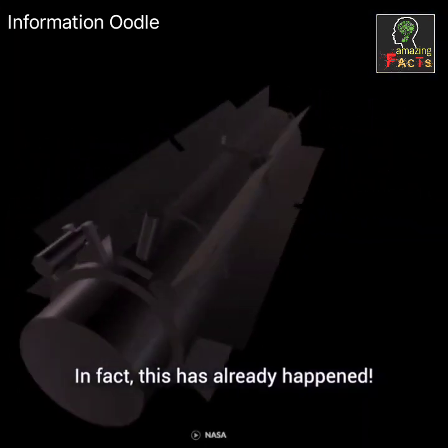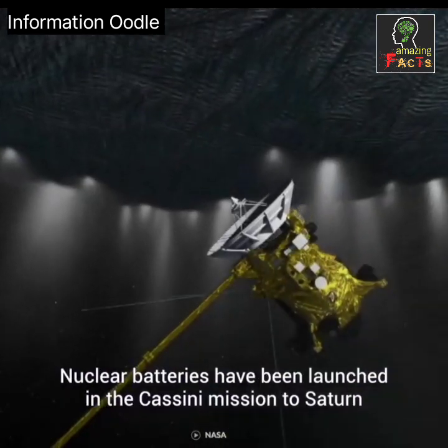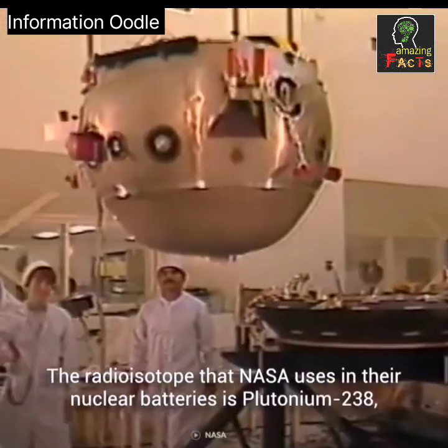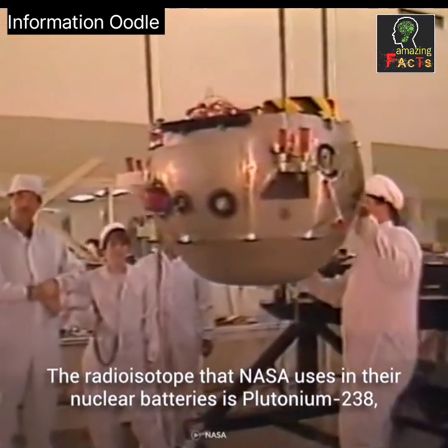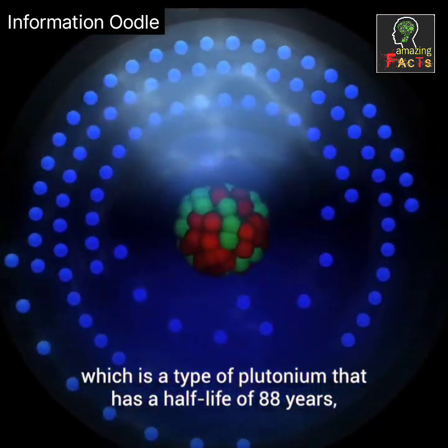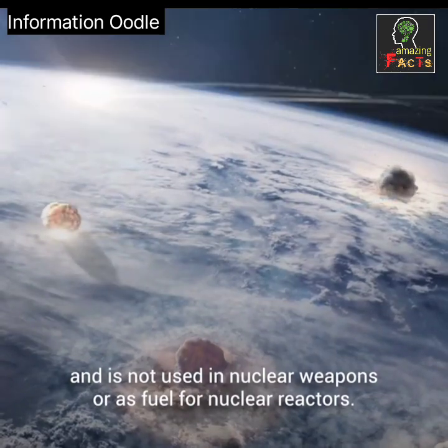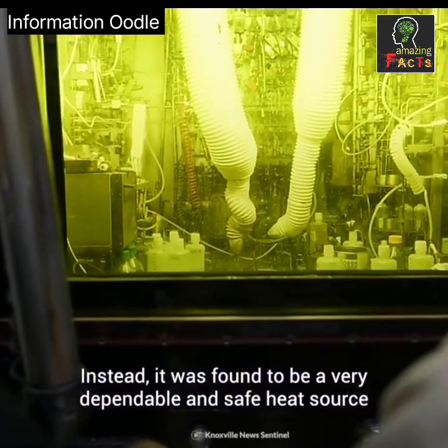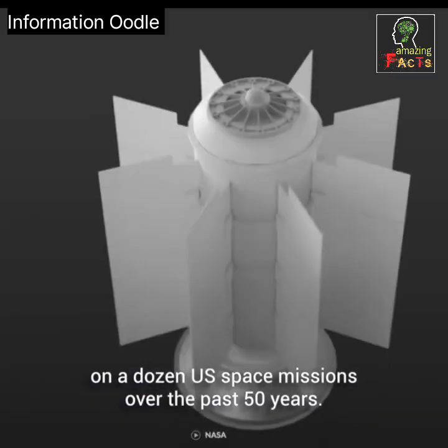In fact, this has already happened. Nuclear batteries have been launched in the Cassini mission to Saturn and the Galileo mission to Jupiter. The radioisotope that NASA uses in their nuclear batteries is plutonium-238, which is a type of plutonium that has a half-life of 88 years and is not used in nuclear weapons or as fuel for nuclear reactors. Instead, it was found to be a very dependable and safe heat source on a dozen US space missions over